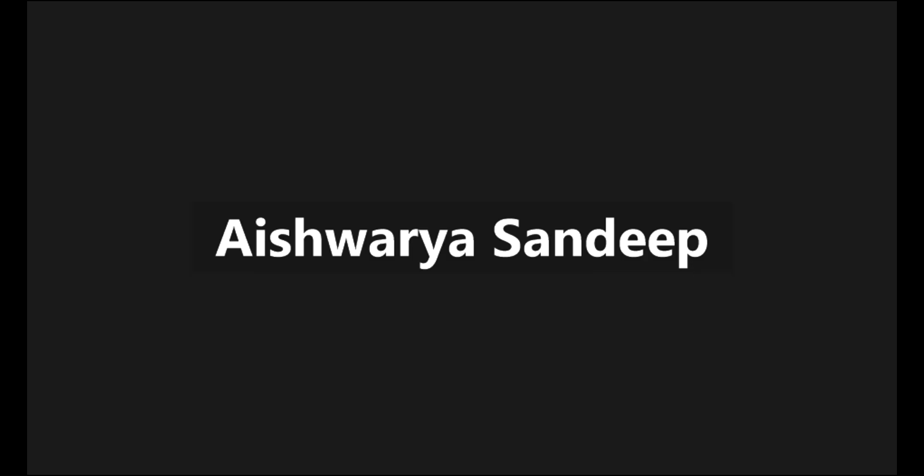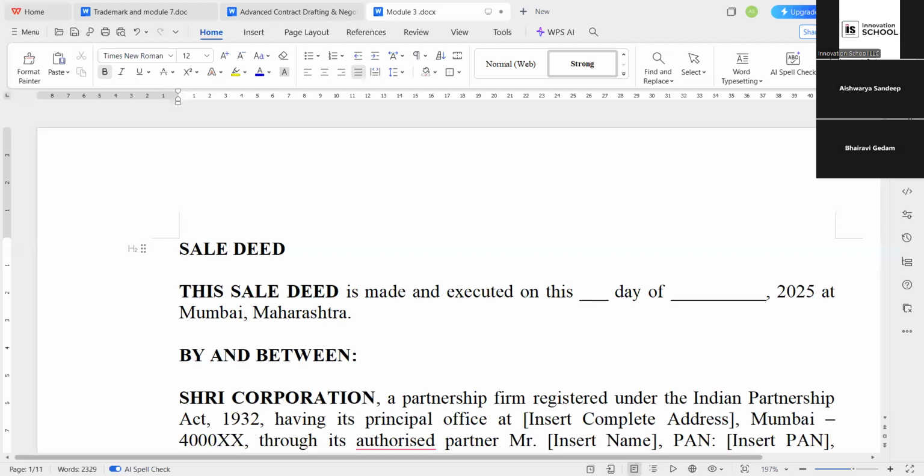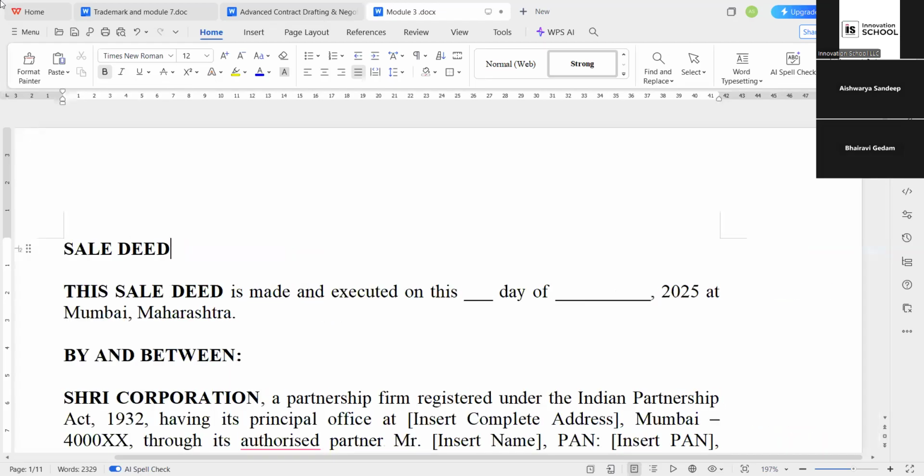When you talk about attachment of a property to the ground, any property which is not attached to the ground, that is what we call movable property. Now if I'm talking about non-movable property or movable property, if you want to sell it, you need to have an agreement. Second thing, whenever you are entering into a sale deal, there are three magic words